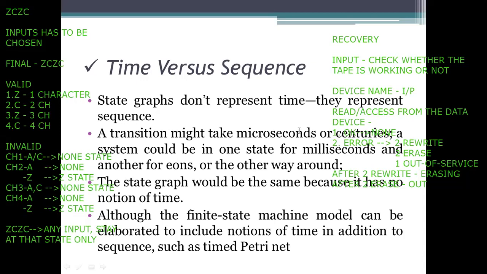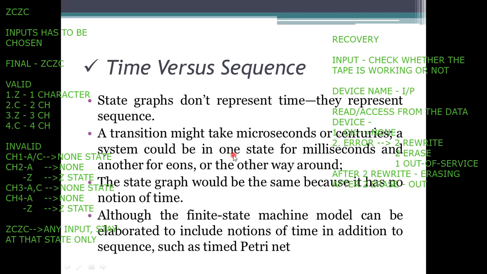So what we are doing is taking the sequence of actions to be done. The states we are specifying in the state graph take the input based on the sequence of representations. That is, the transition should be in a sequence. This sequence of actions will be taken by these transitions in microseconds or centuries.